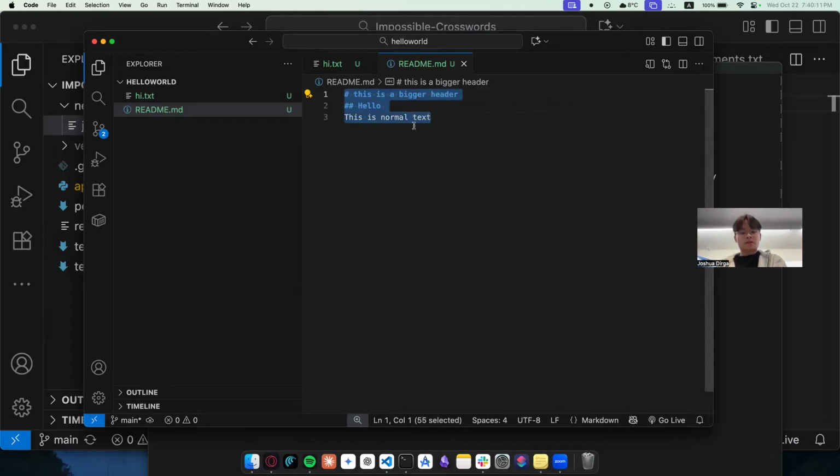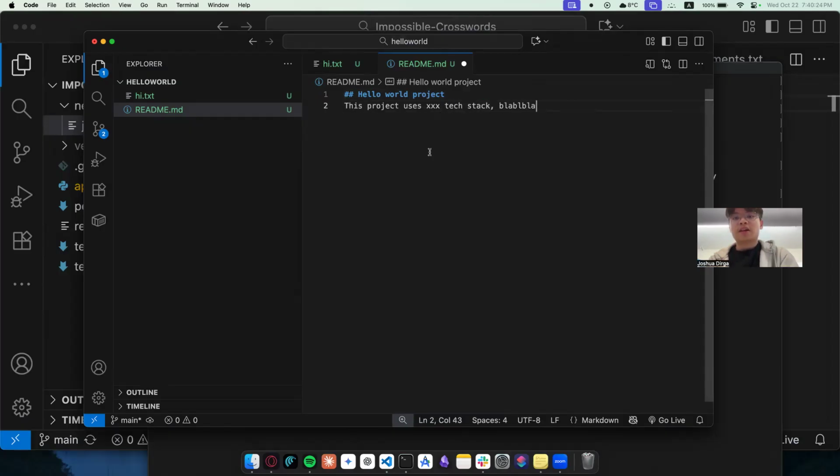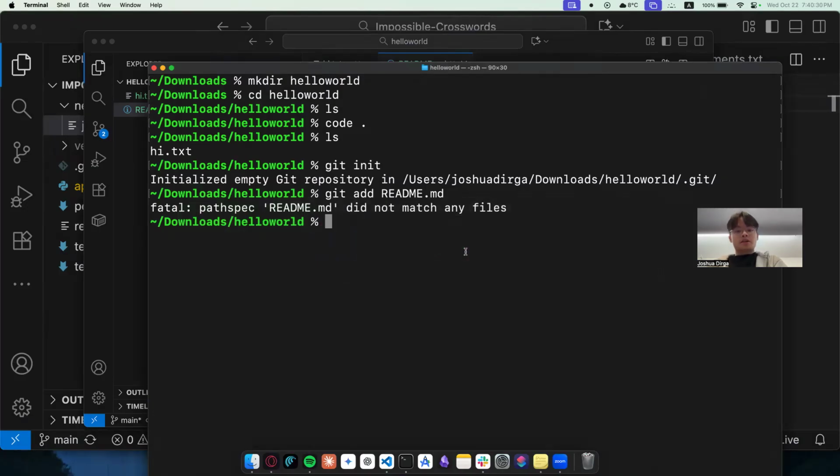Usually you have documentation here. Like you can have a hello world project, and then you can say this project uses XXX tech stack, and so on. So now I have a README. This is just for documentation of this project. And then what I can do is git add README, and that will add the README into the staging environment, which you want to talk about first, or